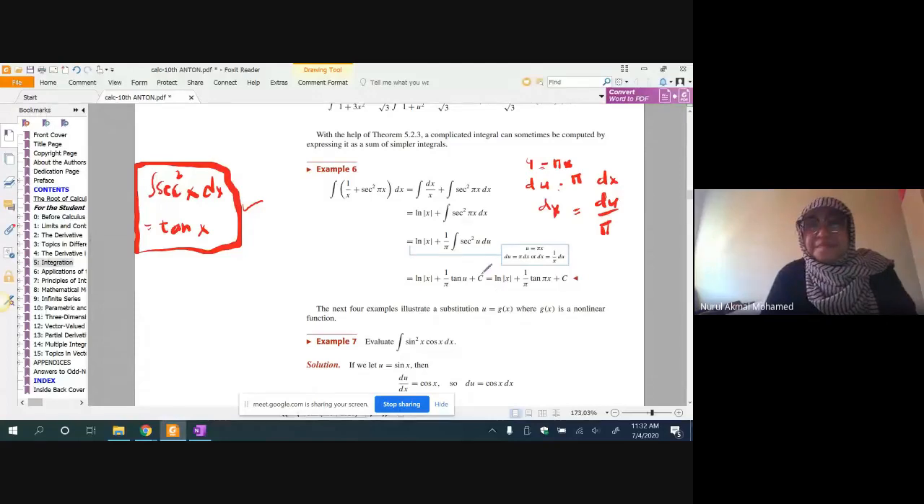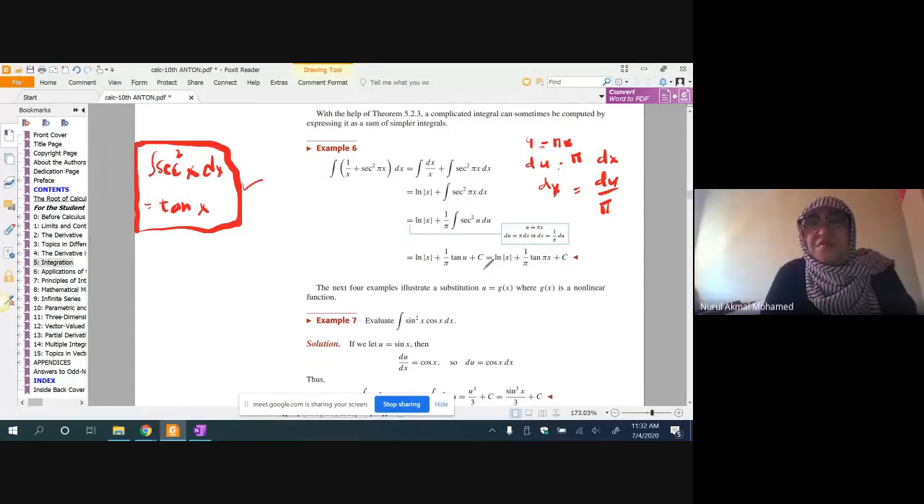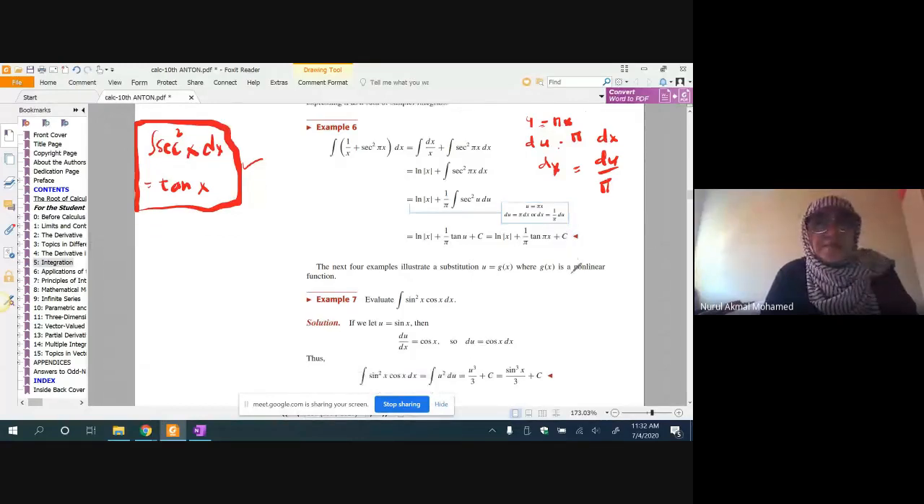Okay, and then obviously you have to change back to the variable x. So the u here is pi x, so tangent pi x. Okay, here will be tangent pi x, and then you have to plus c. Okay, next